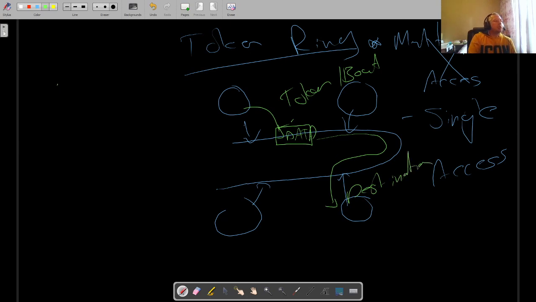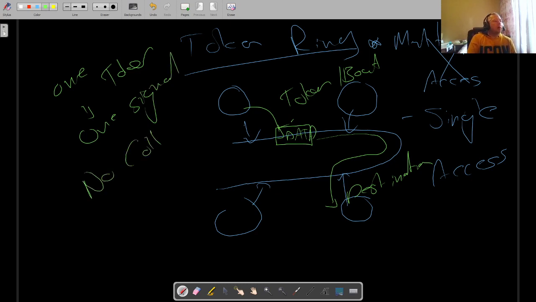Okay, there's only one token, so that means it's only one signal on the cable at any point in time, meaning that there are no collisions whatsoever. Okay,